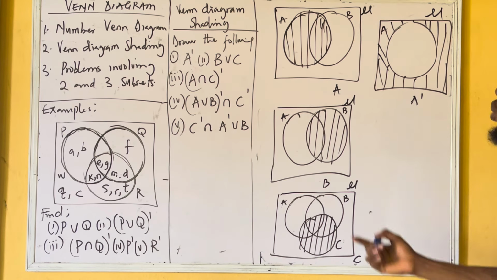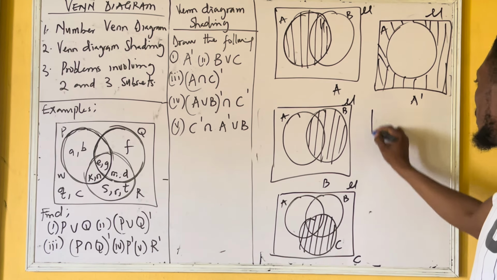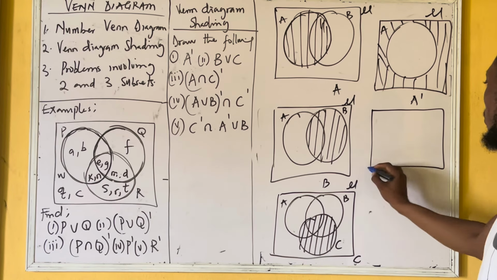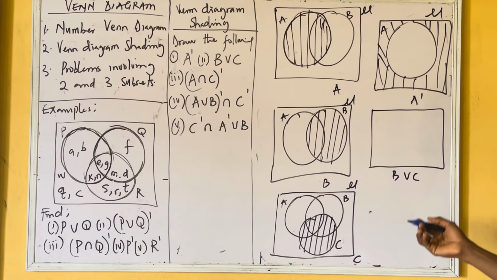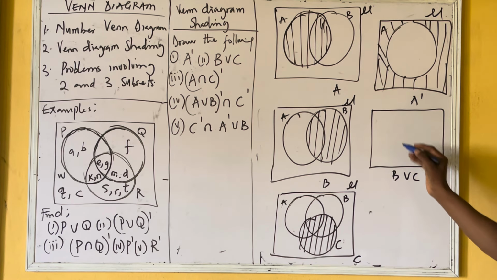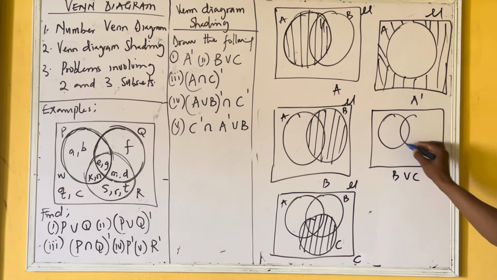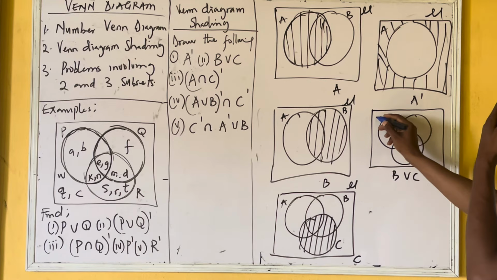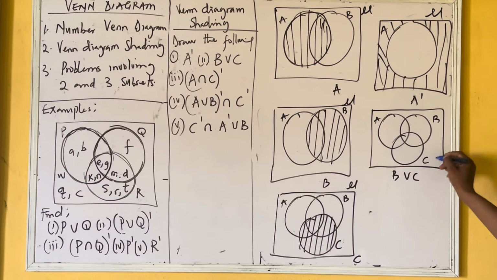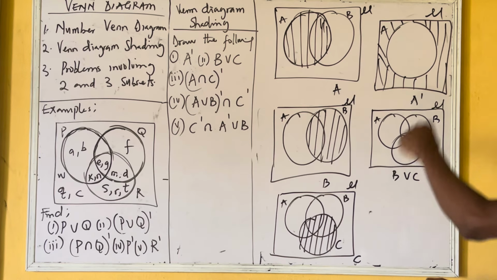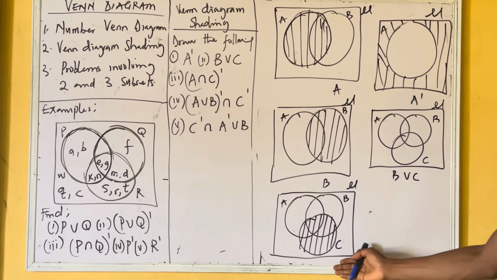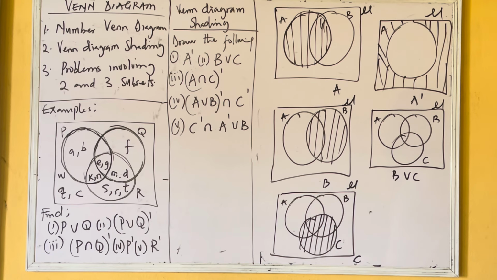So that's that. Now, B union C, that's the second one I'm supposed to draw. Since it's B union C, I have to draw 3 sets, which involve A, B, and C. So A, B, and C. So this is universal. You must always draw the universal. So if I draw B union C, I've drawn C before, I've drawn B before. So what does union mean? I'm going to draw